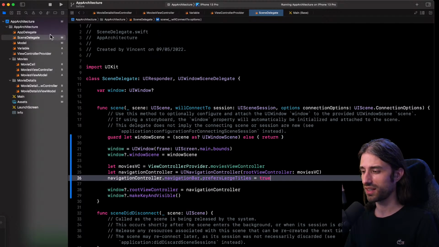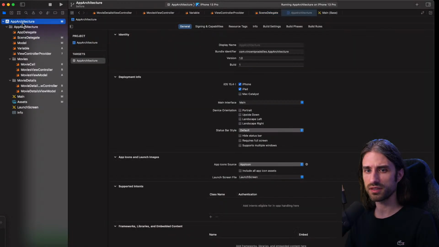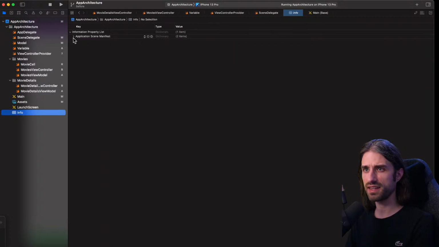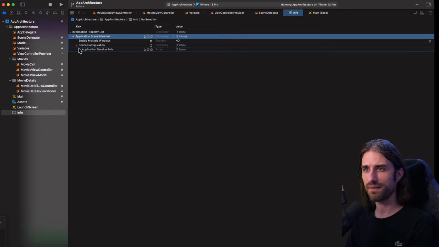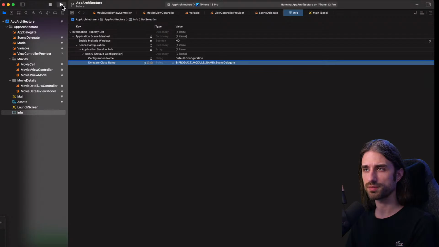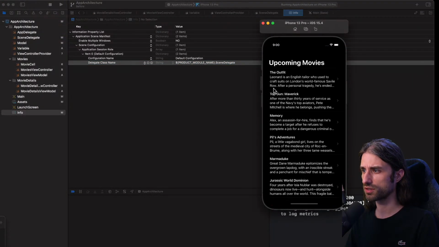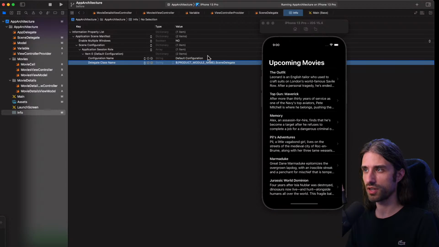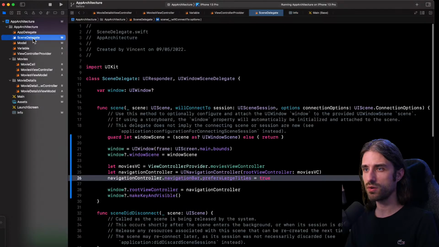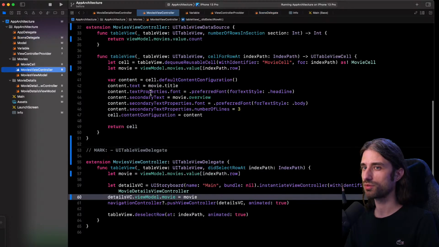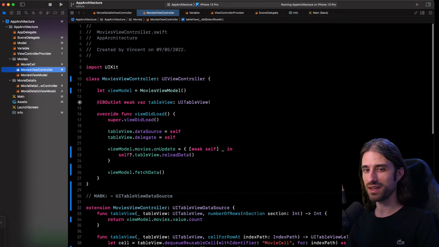I just need, for it to actually be executed, to do two things. First, inside my project, I need to get rid of the main interface here. And then inside the plist, I need to go here and get rid of it also. Let me see if it still works. Yes, it still works. But what's great is that now I have control over the way my initial view controller is created. And so I'm going to be able to finally inject my view model.